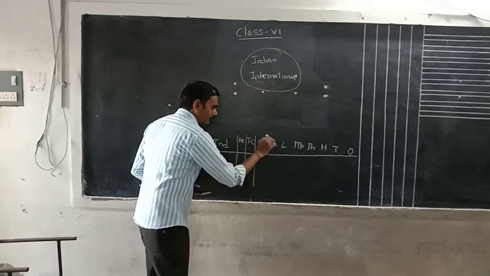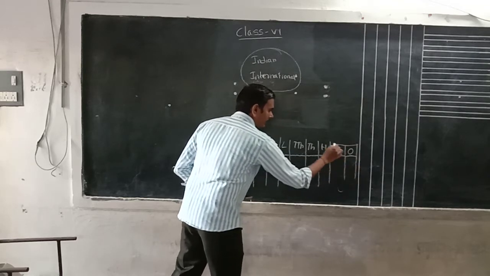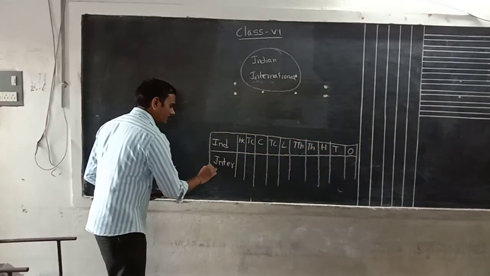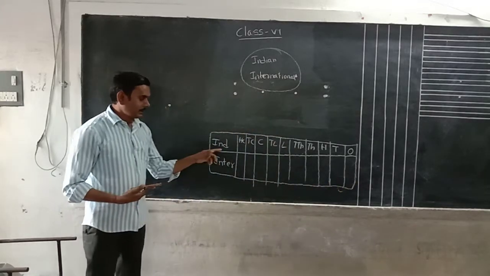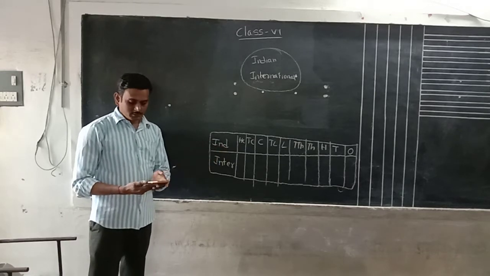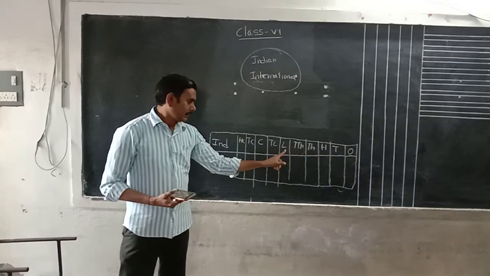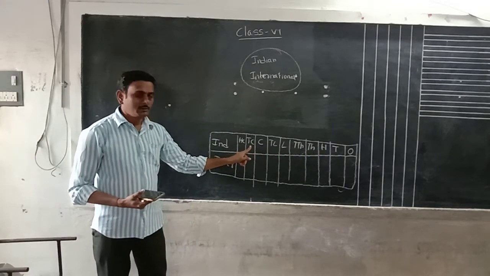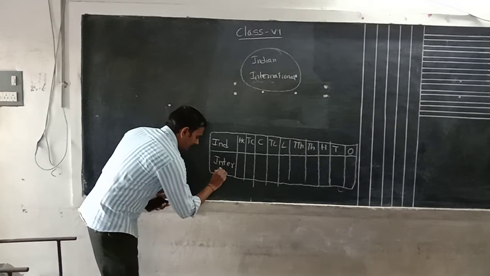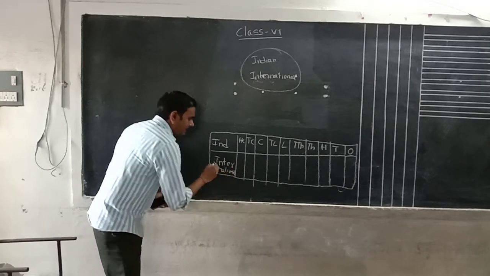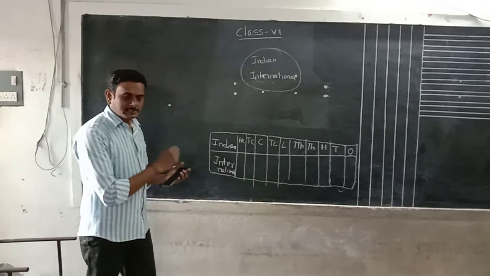You must remember these place values for these types of questions. Then generally we can do them easily. Otherwise there is another method, but it will take more time. What place values have I written here in the Indian system? Ones, tens, hundred, thousand, 10,000, lakh, 10 lakh, crore, 10 crore, 100 crore. Now, what place values are available in the international system?